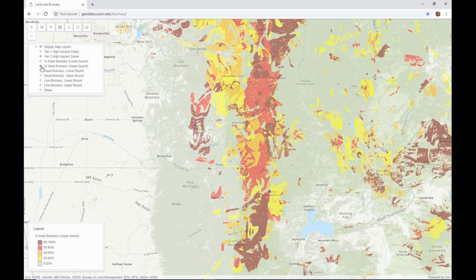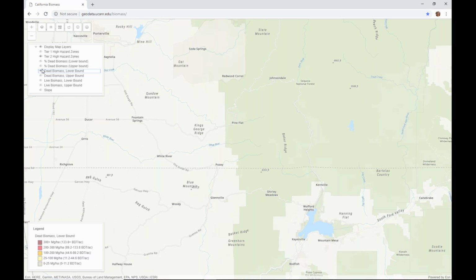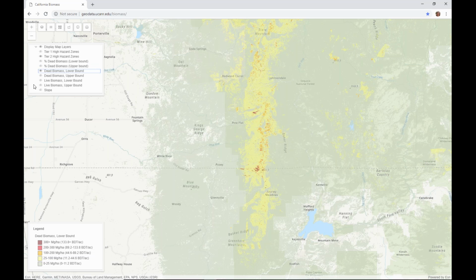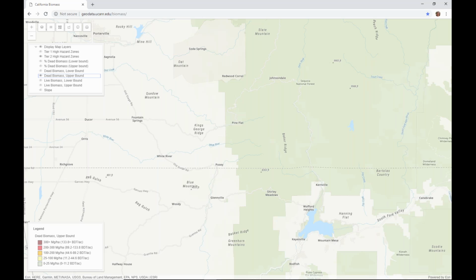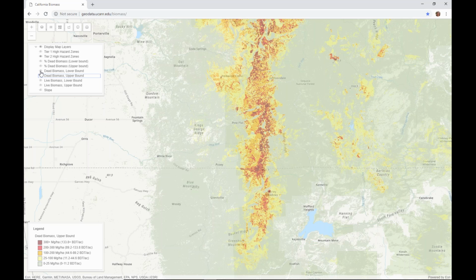Moving on, we'll look at dead biomass lower bound. The difference here is that it is quantities of dead biomass, not percentage loss. So down at the legend, you can see it's given in bone dry tons per acre or megagrams per hectare. And then dead biomass upper bound has higher densities.